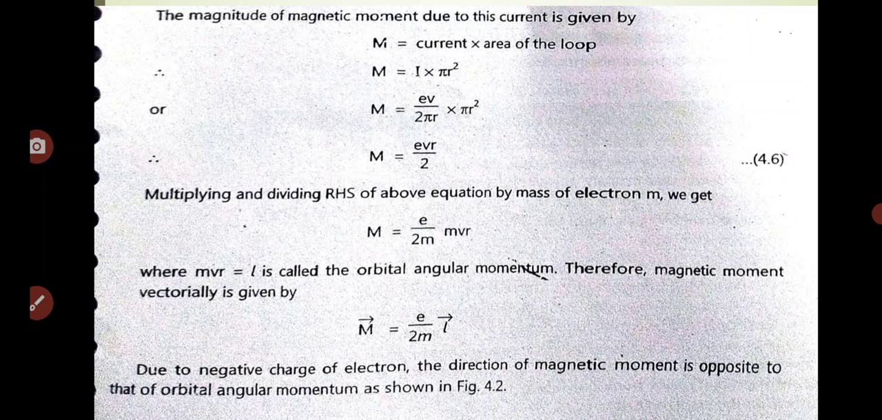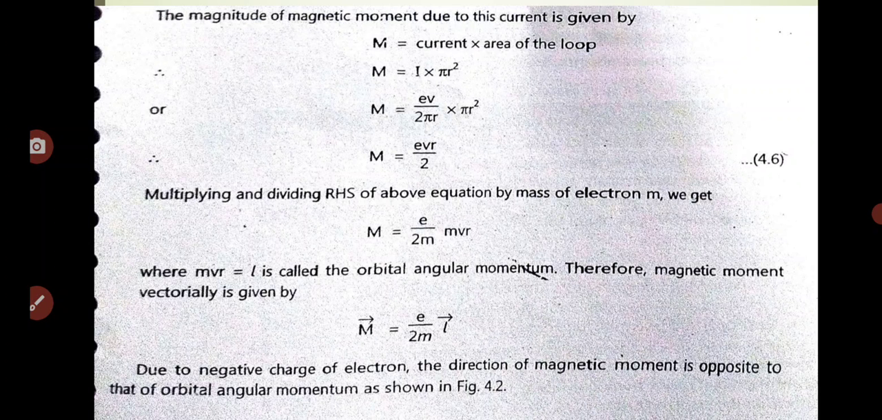In this equation, we multiply and divide the right-hand side by the mass of the electron, small m, which is 9.1 into 10 to the power minus 31 kilograms. Multiplying by this mass, the relation we obtain is e upon 2m into mvr, and we already know that